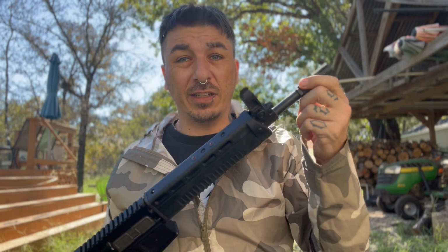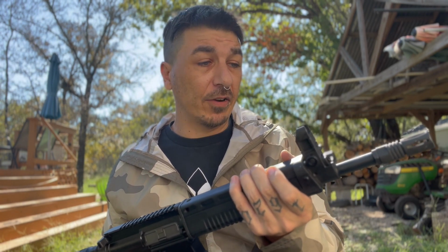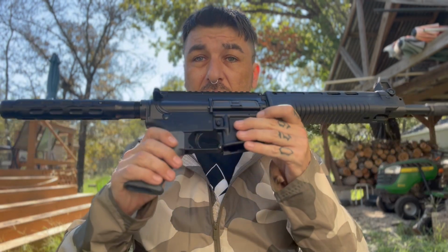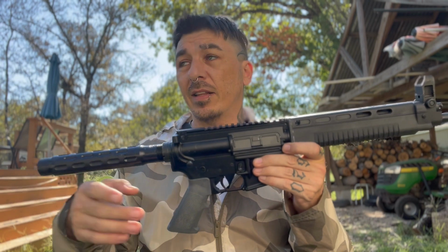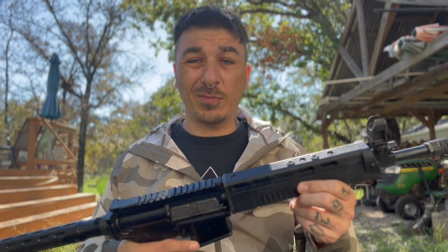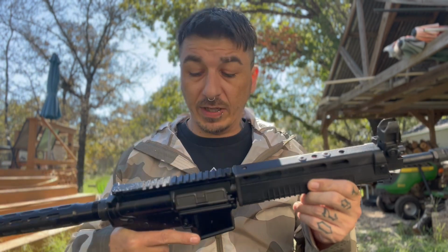This thing definitely needs a compensator because it's a bit of a banger, so we might as well mess up the RO's ears. And I think we're gonna throw a trigger in here, because that's one thing that always seems to help with the perceived recoil on an AR. Just a faster trigger, get your double taps off faster. And frankly, with a 12-inch, I'd like to be able to do that as fast as